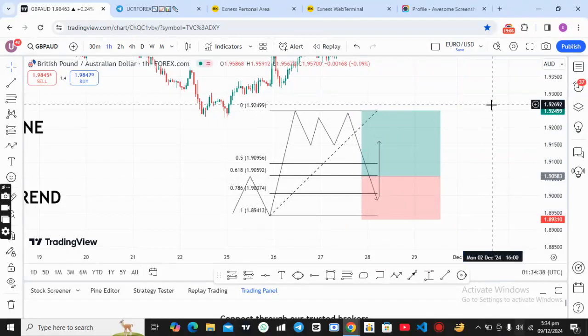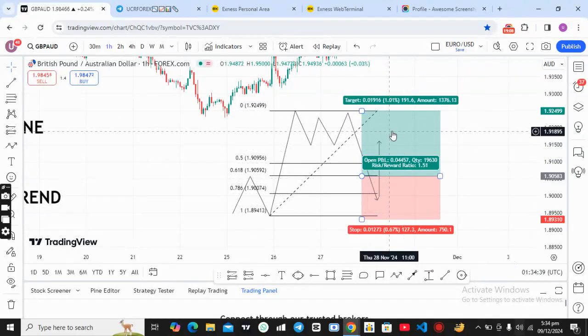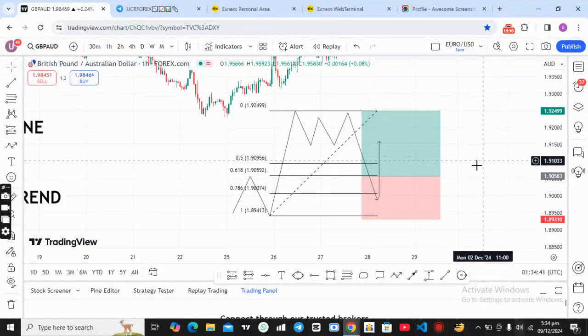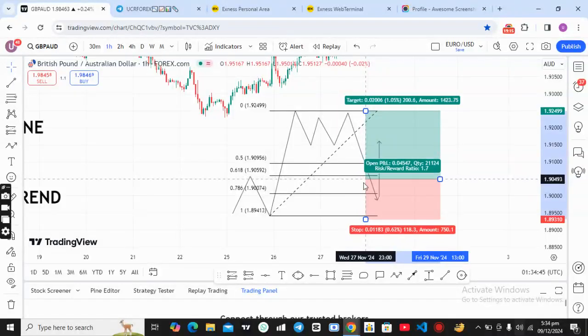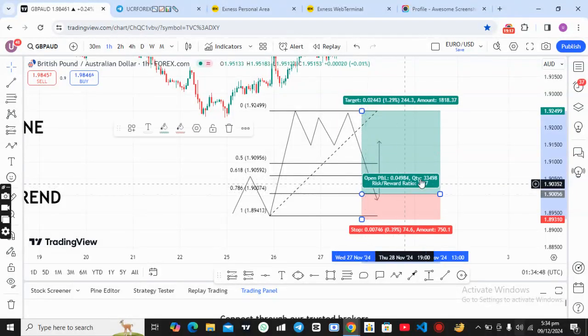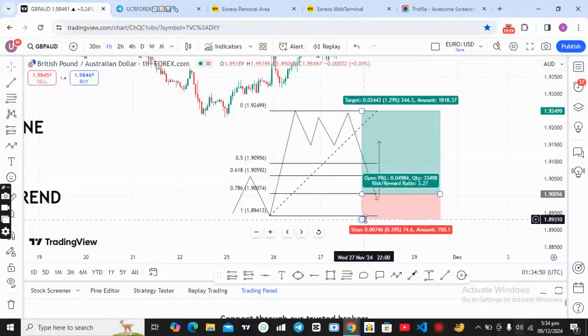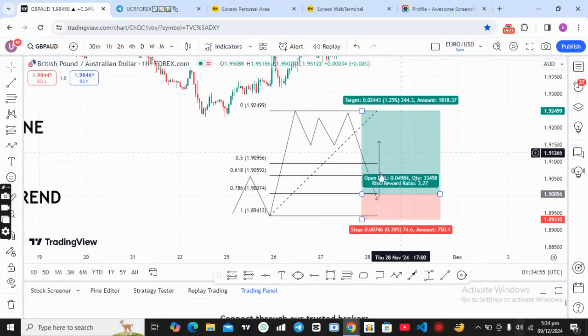So when you look at this particular thing now, it looks like what you are risking and what you are targeting are a little bit similar, but I would advise you to keep it simple and look at the 78%. The 78% zone will make you risk little. You won't be risking all this massive. You will risk little and you will